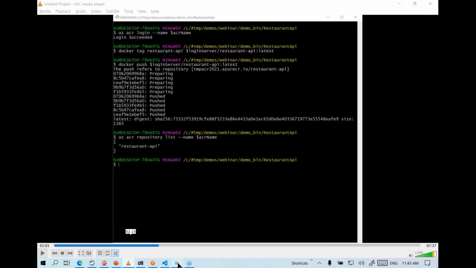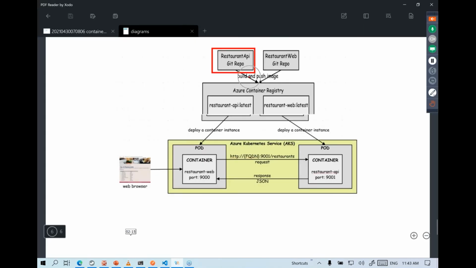Overall, architecture-wise, we have this particular project. We built the Docker image on the local machine by using the Dockerfile script. We created this Azure container registry, and we have pushed the image to Azure container registry. So it's available on the cloud now. Ignore the second project, but if you have a microservices application, you'll do the same thing with each and every application: build the images, test them out on the local machine, push them to Azure, and so on. So we are done up to this part.